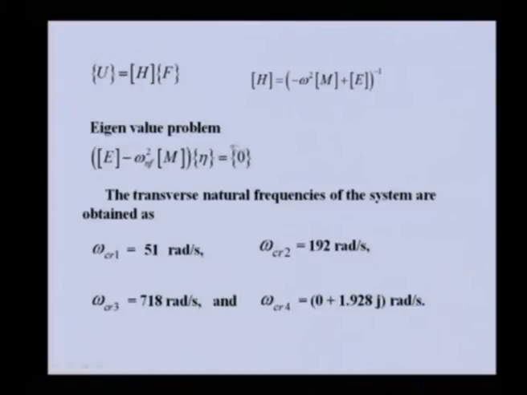Because it is free vibration, we keep the force at 0. If we take the determinant of this eigenvalue problem and solve for omega nf, we will get these as critical speeds. In this particular case, we find one of the critical speeds as not feasible. That means the system is going into the unstable region. So only 3 feasible critical speeds are obtained here. This is due to the bearing property which we have chosen.